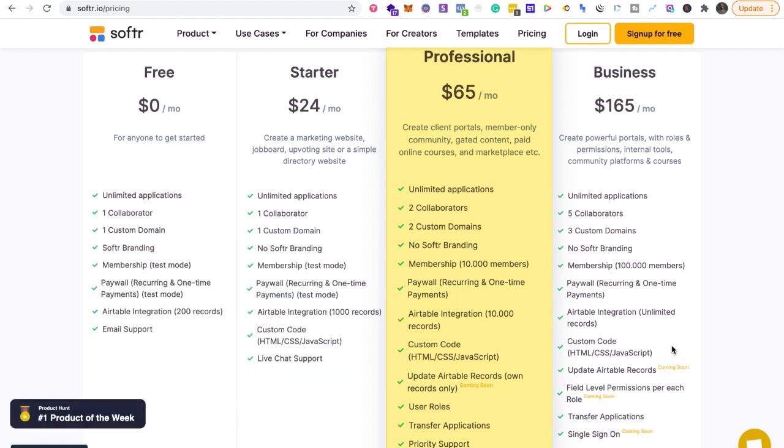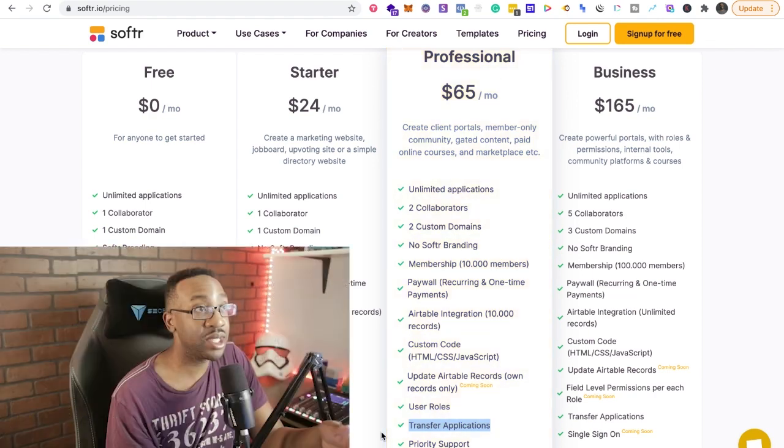One other thing I would like to highlight in the professional plan, where it says transfer applications, this allows me to start building my business if I'm an agency and I'm starting to build out some of these websites or these web apps or whatever I want to do with Softr. If I'm trying to target a certain demographic where they want to have their own internal tools, they want to have their own marketplaces, I can first show them mine, show the traction that I've had, and then if I'm going to be building out their application, I can build it in my account and then transfer it to their Softr account later on.